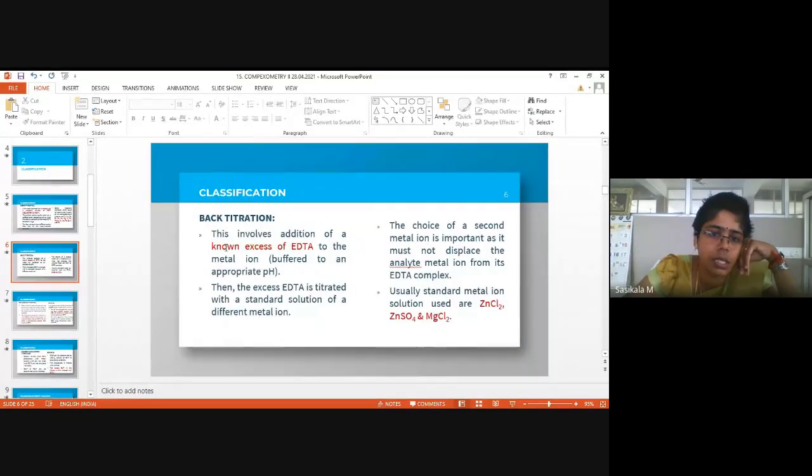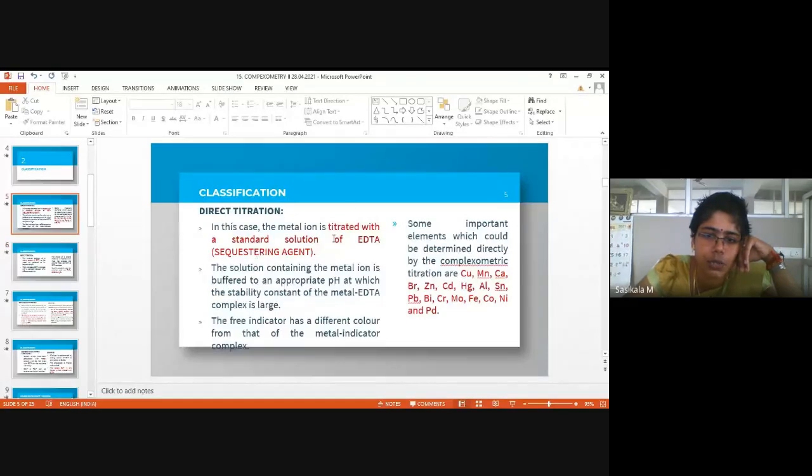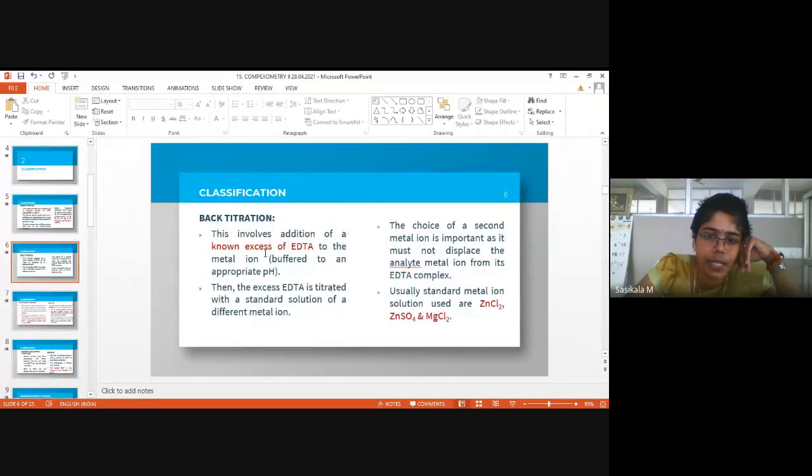Back titration. What is back titration? We'll be adding a known excess of EDTA to the conical flask itself. Like Volhard's method we have discussed now, where a known amount of silver nitrate is added to the conical flask itself, likewise here a known excess of EDTA is added. What is the standard solution? EDTA. Unlike direct titration, the known excess of EDTA complexing agent will be added directly at once to the conical flask